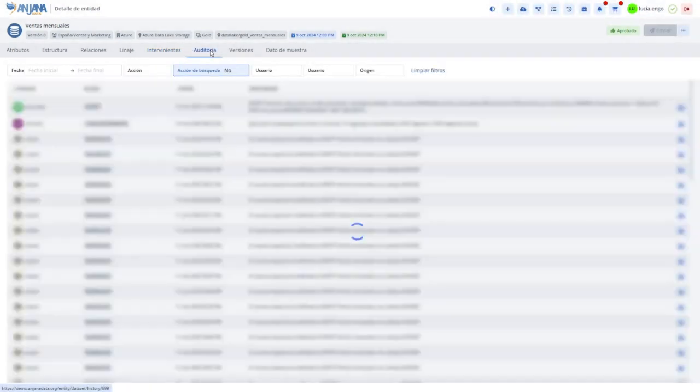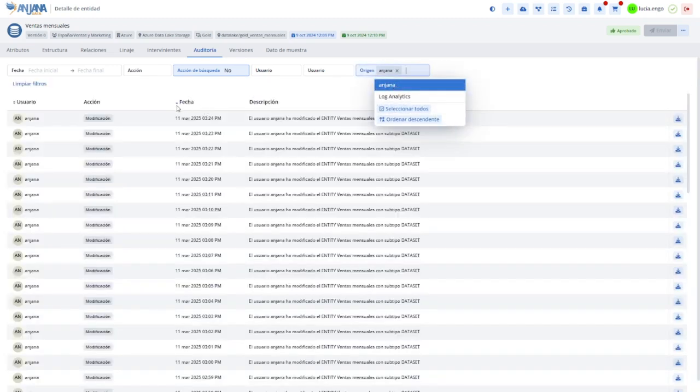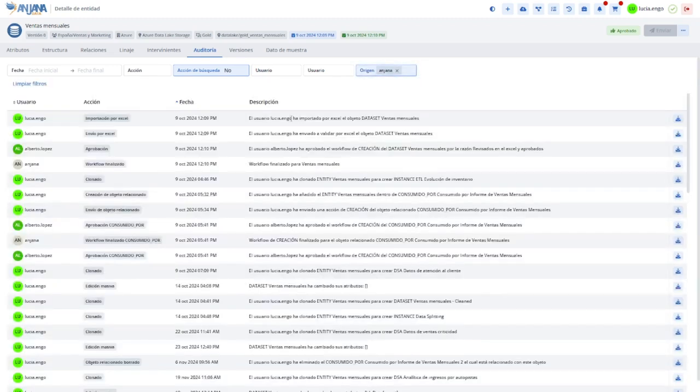As we mentioned at the start, a very important part of data governance is also having control over what has happened from the historical trace. For example, if we filter by date and extract the Anjana audit, we will be able to see that it was my user who on October 9th, 2024, performed a creation through a massive import in Excel. In fact, I used a functionality that Excel itself has, which is send to validate,